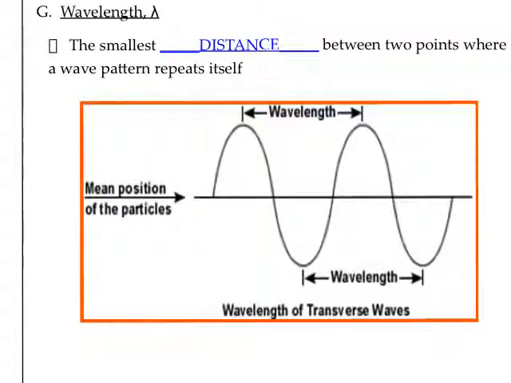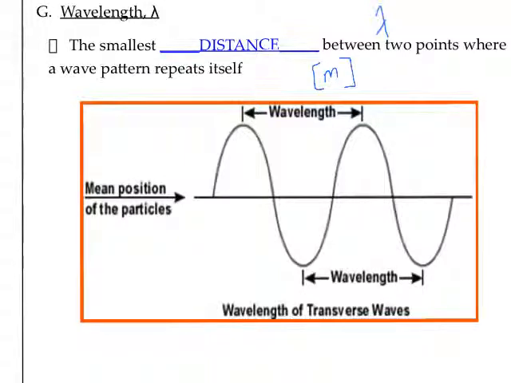So first, we have the wavelength, and its symbol is the Greek letter lambda. If you're writing it yourself, you may draw it like this, and then have this other leg come down. It's kind of like an upside down Y with a hook, or I've seen some people say, oh look, it's a two-legged giraffe, so you can remember the giraffe as the wavelength. The wavelength is the smallest distance between 2 points where a wave pattern repeats itself,